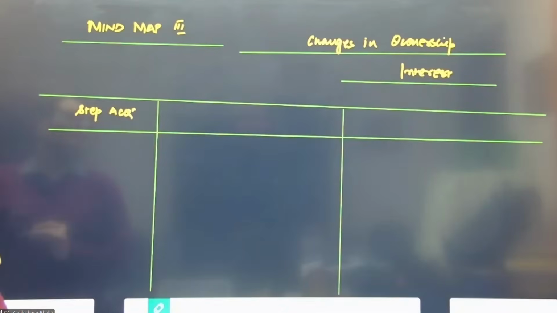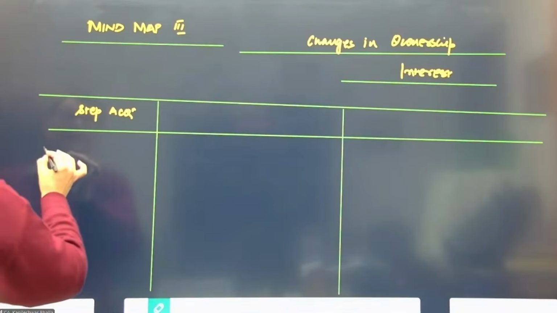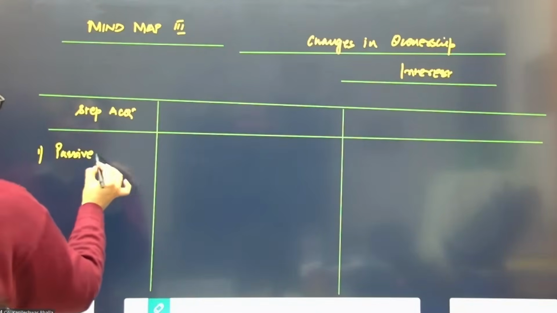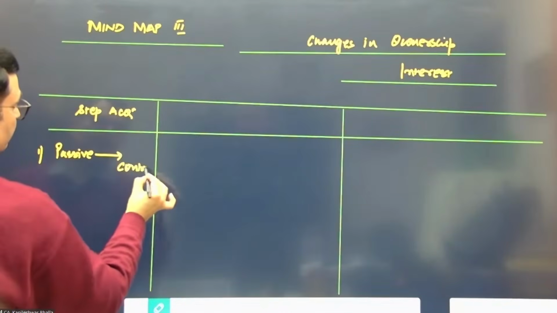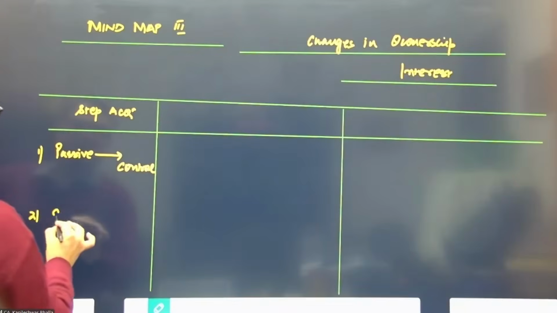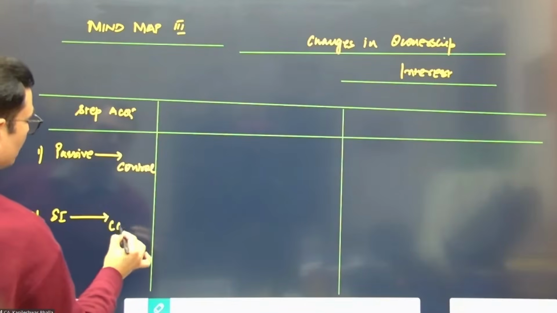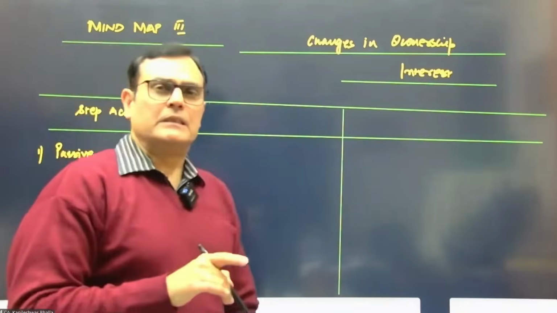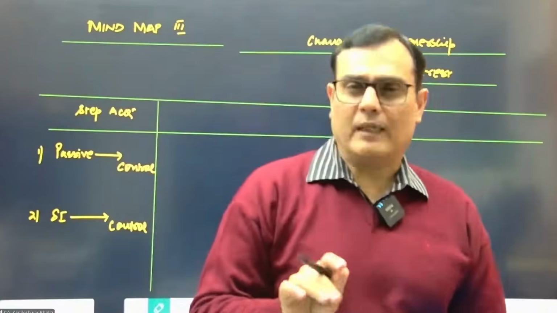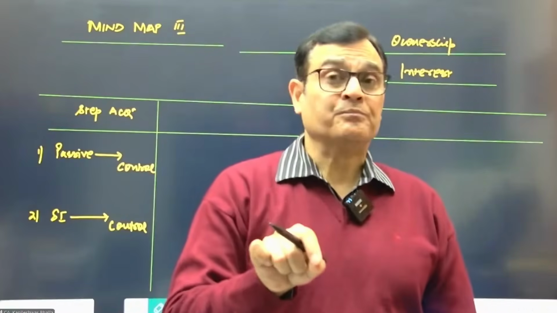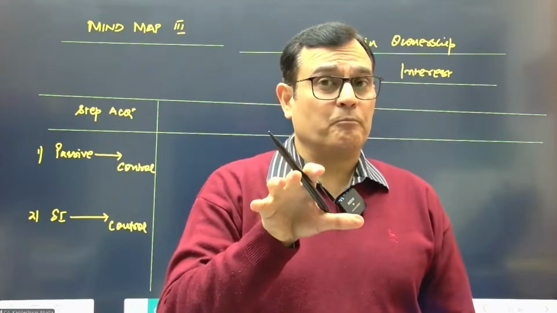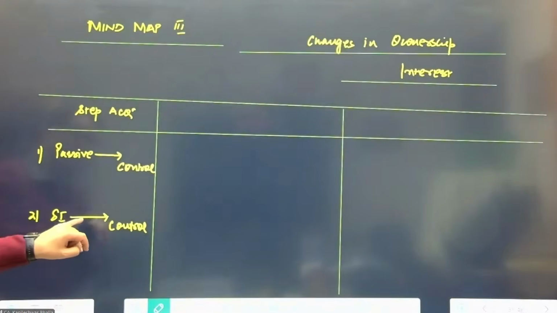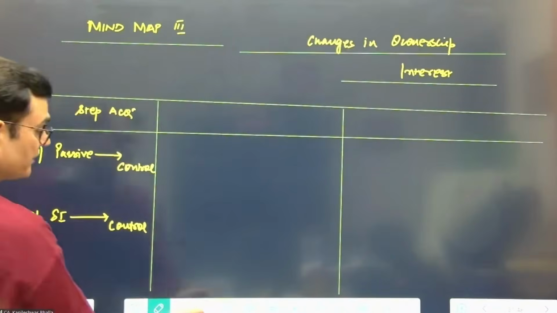If it is a step acquisition, it is either a conversion from a passive investment to a case of control, or a case of significant influence to a case of control. These two cases were covered in Ind AS 103 itself, so I'm not discussing them at length, but I want to remind you: conversion from passive to control, and conversion from significant influence to control. I have a good question on this area, but we'll just quickly make some inputs.